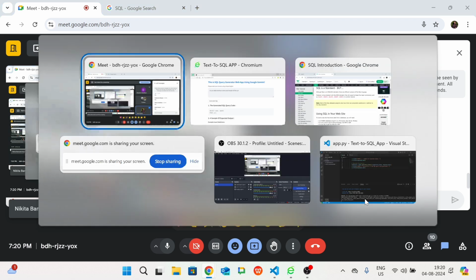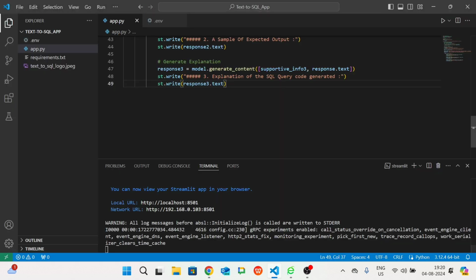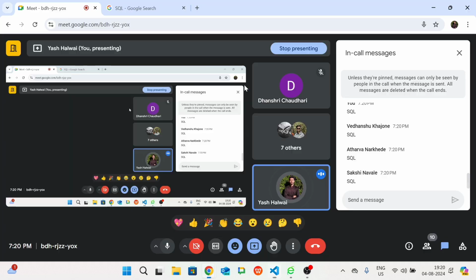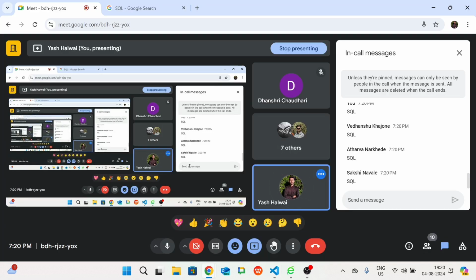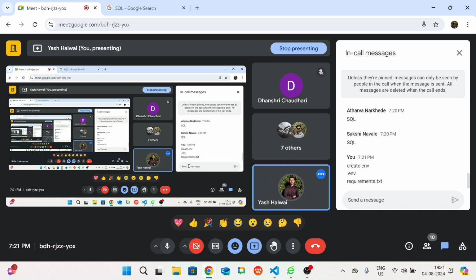Environment setup, then your .env, create your API key. So see, these are the steps. First is our environment, create the environment, then your .env file, then the application structure. Let me add one more thing, that is requirements.txt. So please go through all of this and complete it. And in .env, the Google API key. How many of you have a Google API key with you?